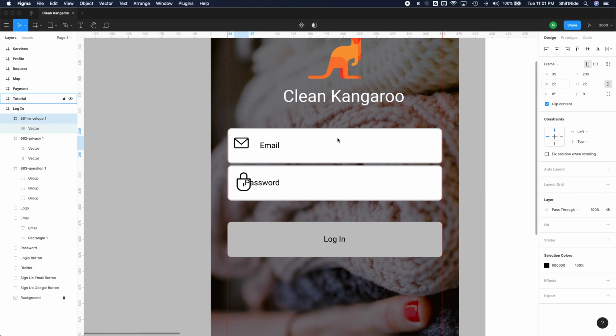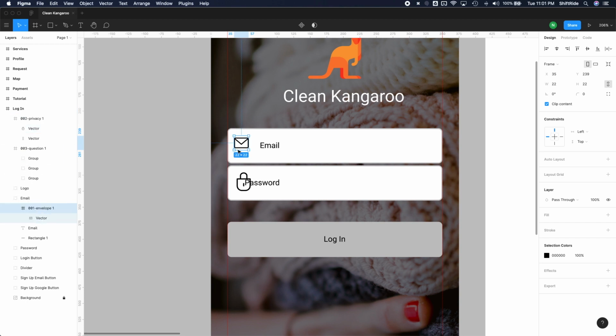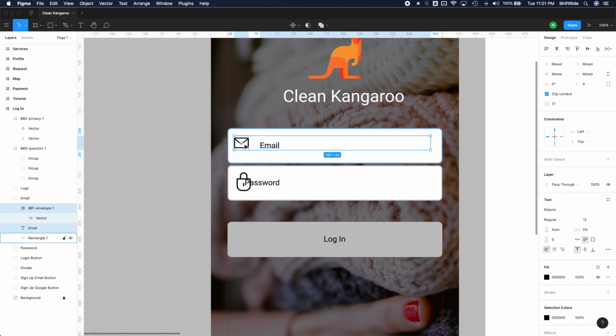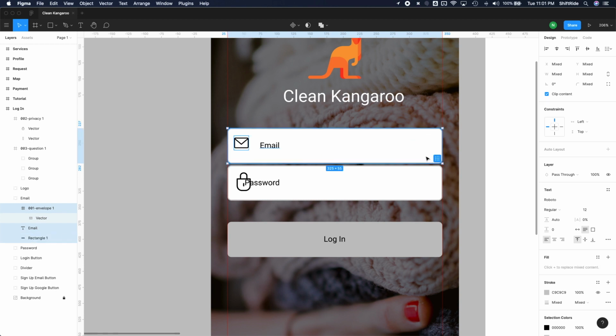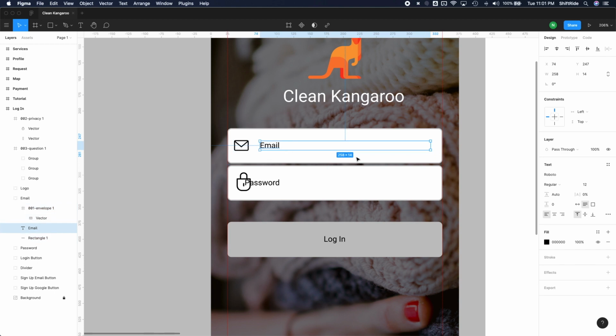Maybe even 22. Now this icon here is actually not part of the group yet. So to do that, go ahead and drag this icon for the email into the email group here. And so now I can actually go ahead and hold shift and select that together, and even the email background or the email text field, and then use the vertical align centers, and that will just go ahead and center everything for me. I'm going to change the text here to 14